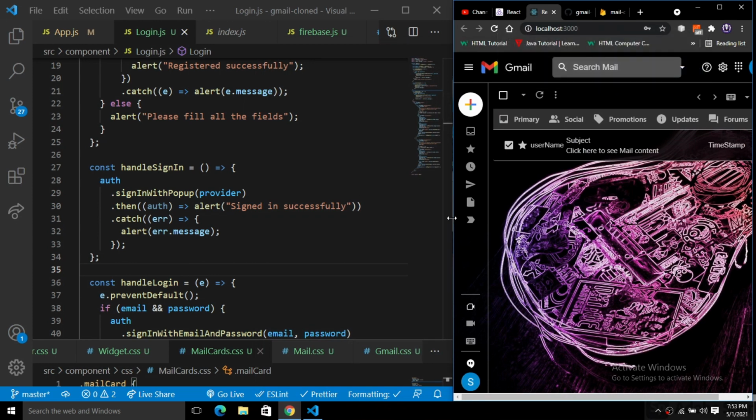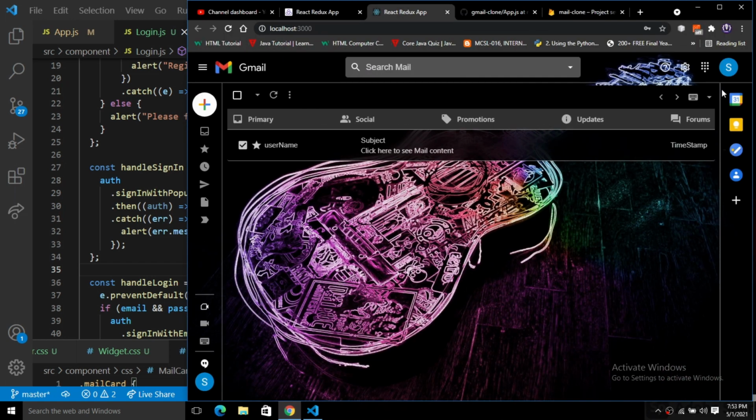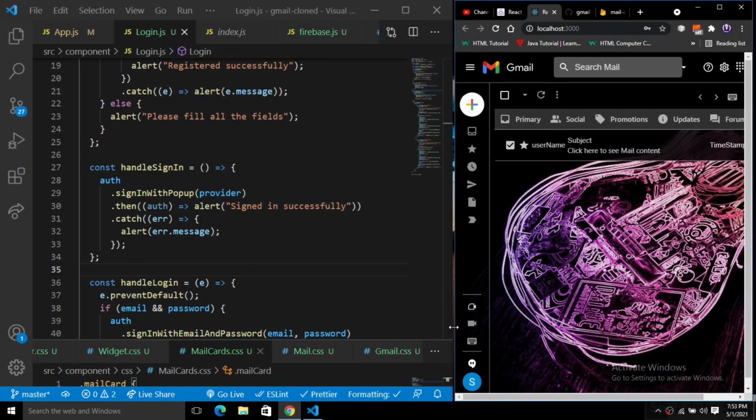Now you can see here it is updated according to the profile image that we have added. This is not a default profile image, it's the profile image of the Google account. If you have not updated a real image, it just takes the first letter of your name as an image here. So now you can see we are done with this. We have added that functionality also, so we are done with our user authentication.